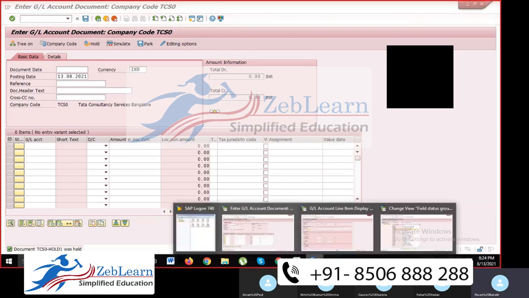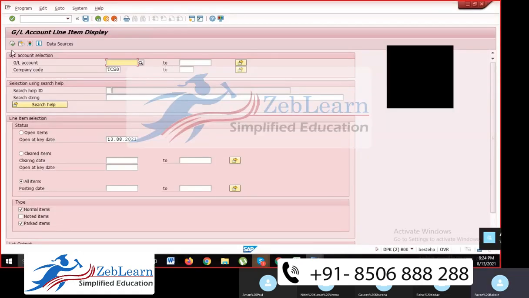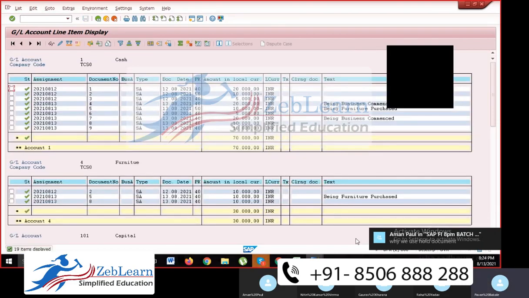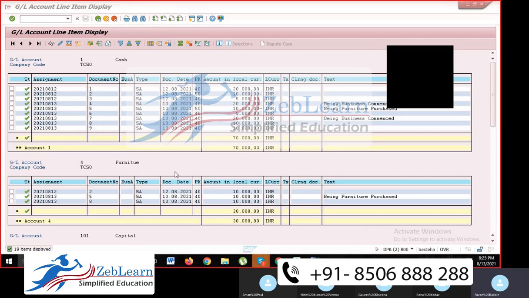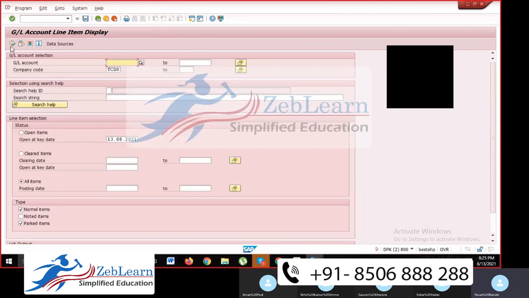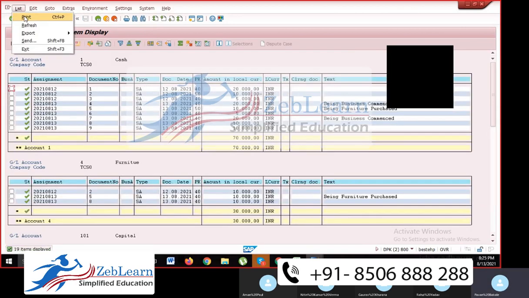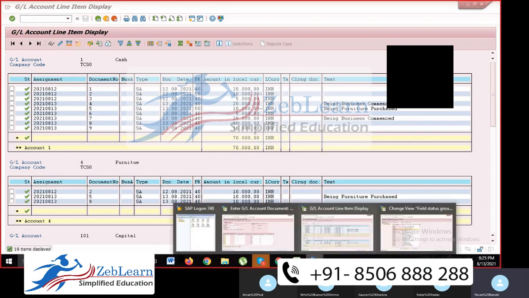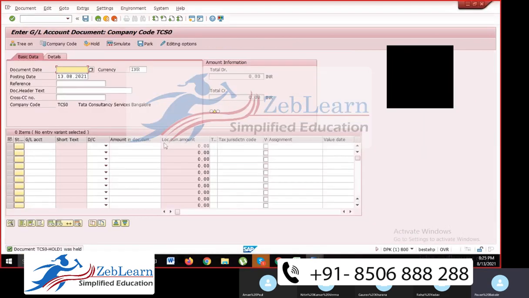Now it doesn't show you here. Holding is done at temporary level. We use that for a temporary document. It doesn't show you anywhere. Holding is done only when you are not 100% sure that the exact amount is correct.